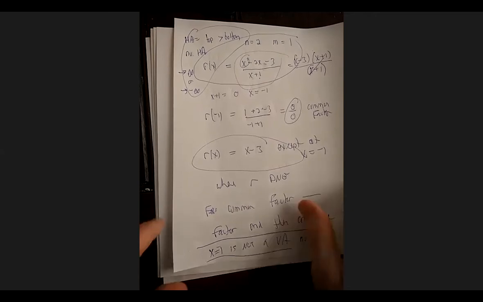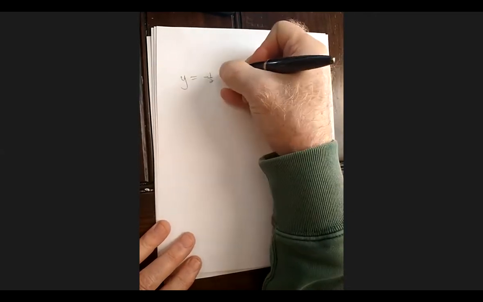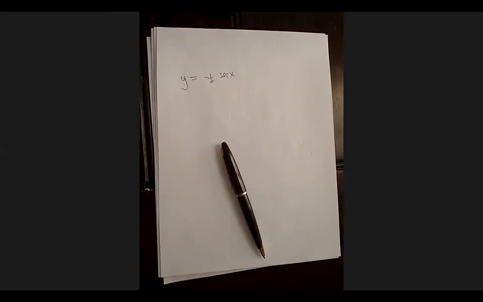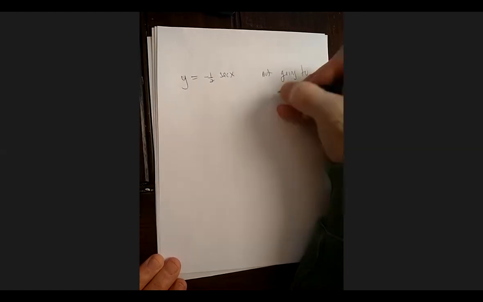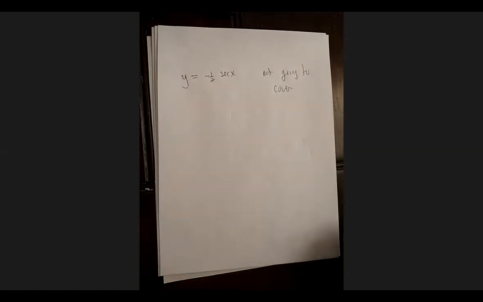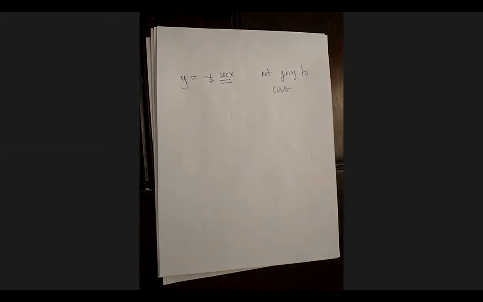Okay, somebody asked me about how to graph y equals -1/2 secant. Again, I would just go to Desmos, but I'm not going to cover this. You may see the secant a little bit, and you'll see it in calculus courses, if you take not business calc, but Math 50 or Math 70. But it's really not what's important. If you understand sine, cosine, and tangent, then that's really what I'm focusing on. So again, I'm not going to cover that, but you can go to Desmos and see it.